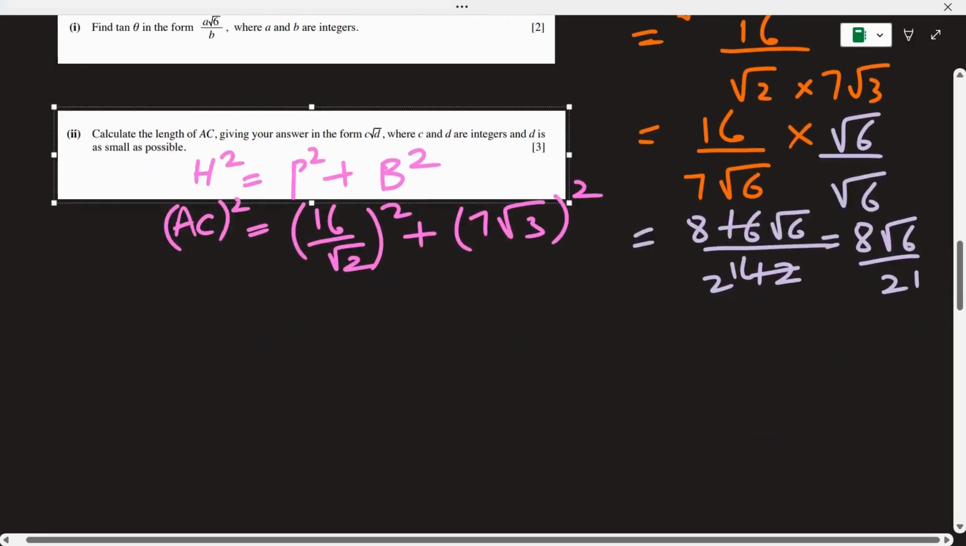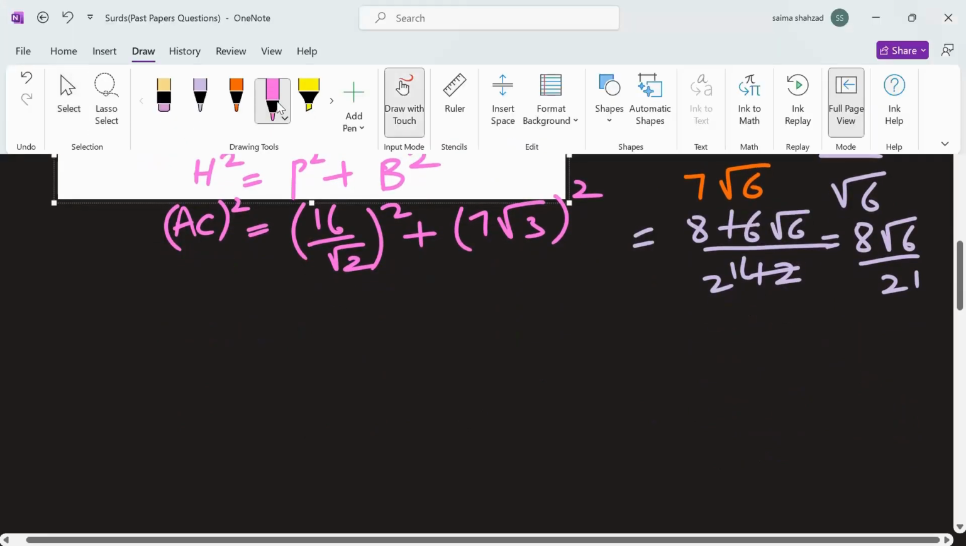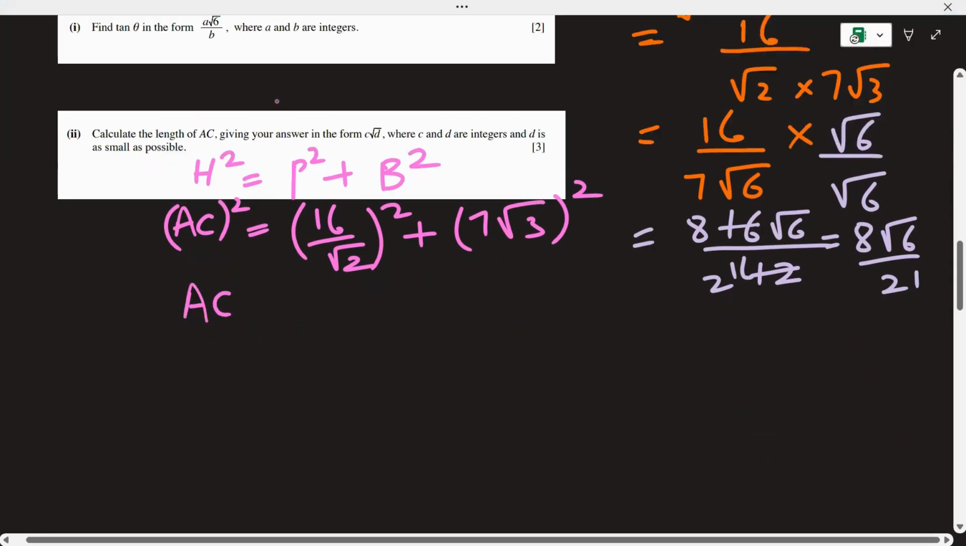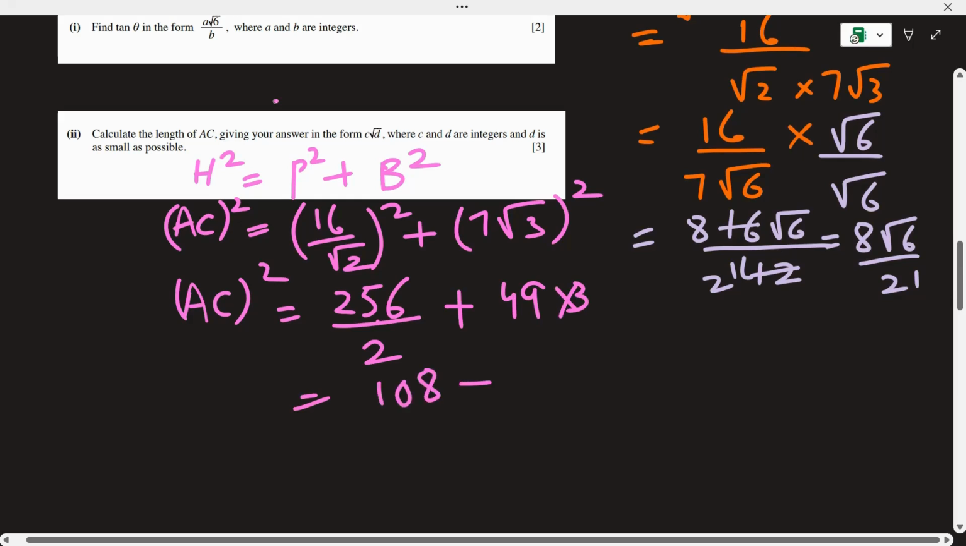Now you know how to take squares. So AC square is equal to, you can take 16 square, which is 256, and under root 2 square means 2. 7 square is 49, and under root 3 square is 3. So when you divide it, you get 128. And when you multiply 49 by 3, your answer is 147. And when you add them, your answer is